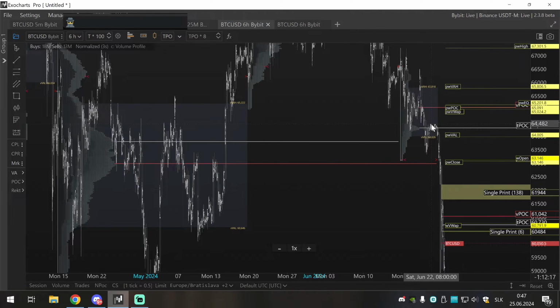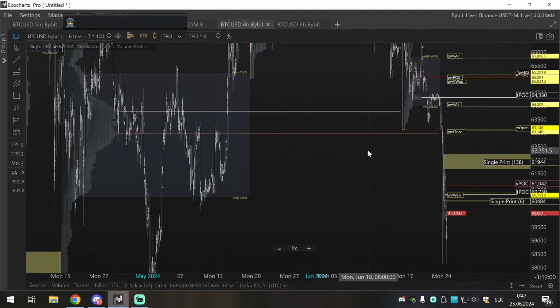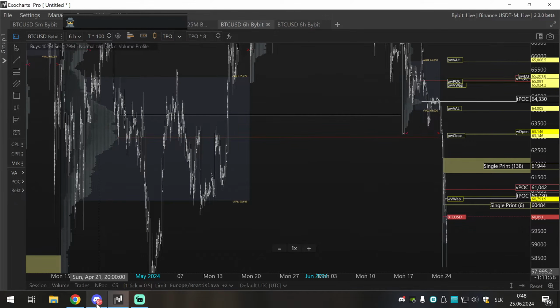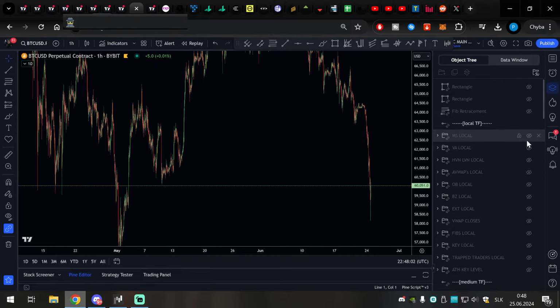We got the 1.7% bounce. Okay, not bad for a scalper, not bad for intraday. But yeah, we should really get more bounce, but we didn't get it. And I also warned our traders, if we lose this high volume node, I will be expecting steep moves to the downside. Why? We need to go back into the chart, and it's very simple why. We can hide the trade area. We need AMT here.